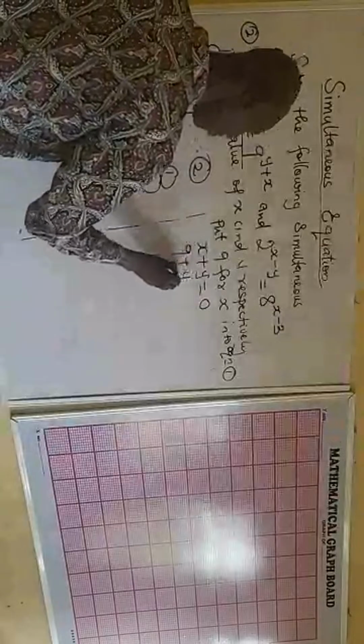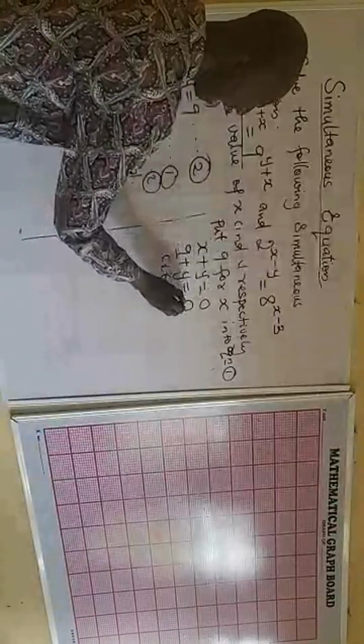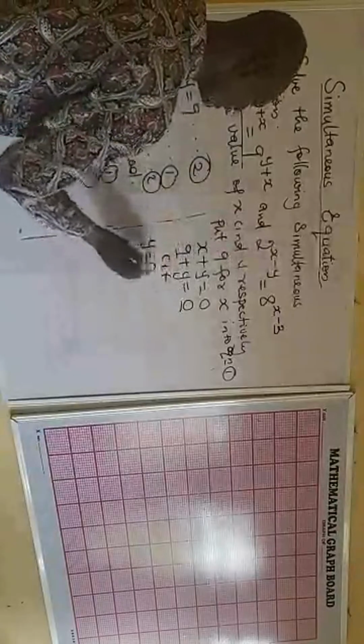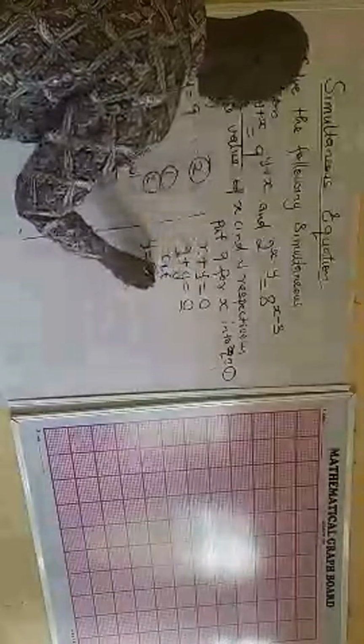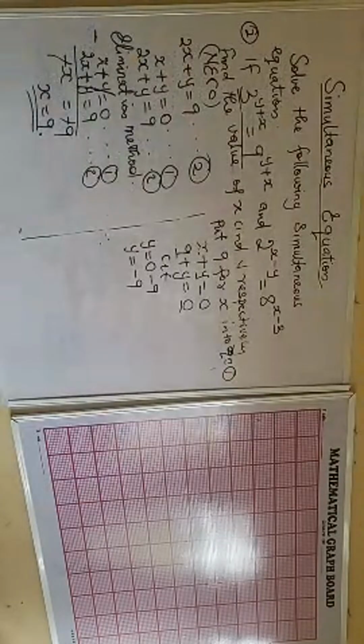9 plus y is equal to 0. So y is equal to 0 when this positive 9 crosses the equal sign to become minus 9. What is our answer? It is minus 9. Conclusively, because when we are marking, if you fail to conclude, we don't give you the answer. You must conclude. So x is equal to 9